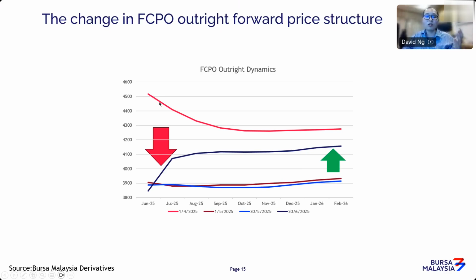But that changed back, I think, in late May, when MPOB started reporting there's excess supply, stock levels are climbing to above 2 million. So you can see how sentiment has changed quite drastically. Now, why is this important? Because by looking at this, you can form some spread dynamics. So if you start looking at a trend in particular, like let's say the June, July spread at that time, you notice that actually the trend has been coming down, indicating to you that supply is coming back.